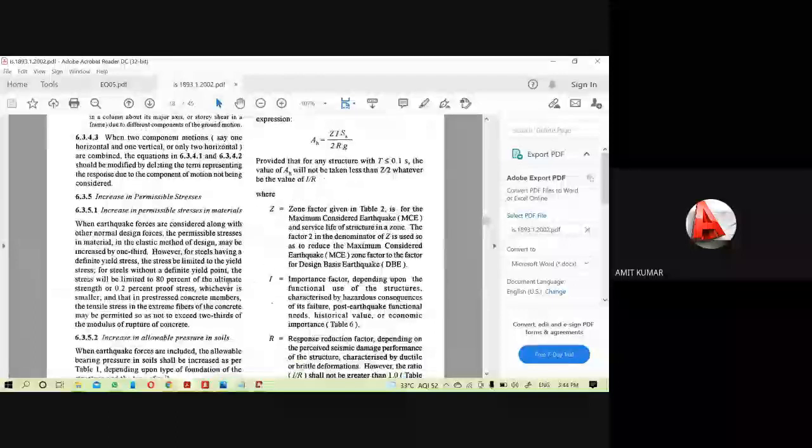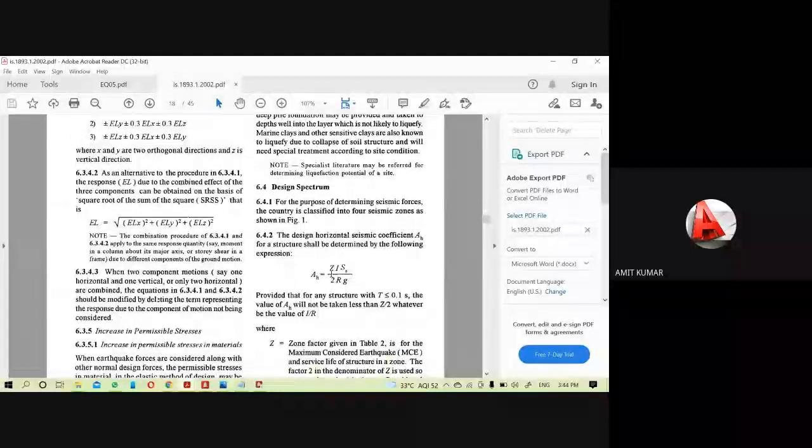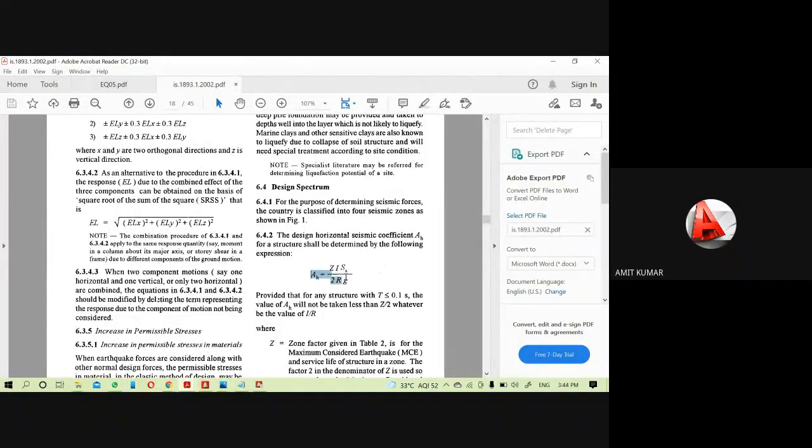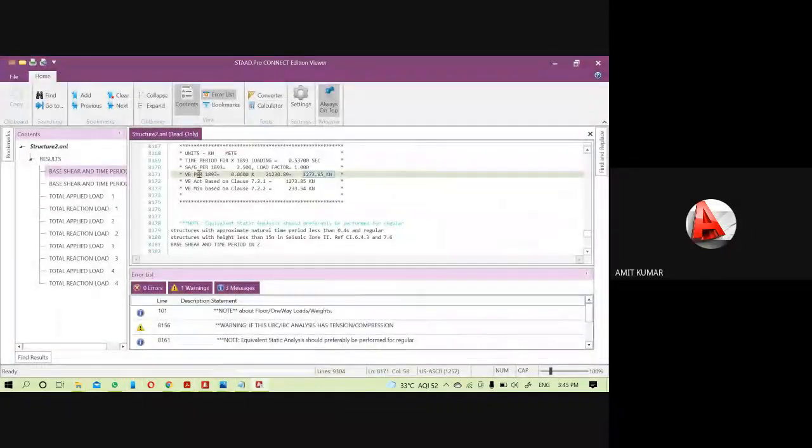So we already get the AH output. Yeah, here it is. The AH is equal to Z by 2 multiplied by I by R multiplied by Sa upon g. So this is the manual formula to calculate it. But you can see the software already calculates the VB value, and it has given the AH value also. Here the AH value is 0.06 and VB is equal to 1273.